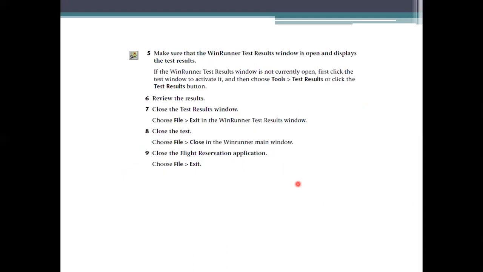Okay. And coming to the next step, we need to open the test results and display all of them here. All the test results means whatever values you have read must be displayed. And we also need to process these steps. How are we going to do it? We review the results. How am I going to review here? We compare the value I had earlier, the actual result, with the value obtained in processing that test script. We need to compare both values here.